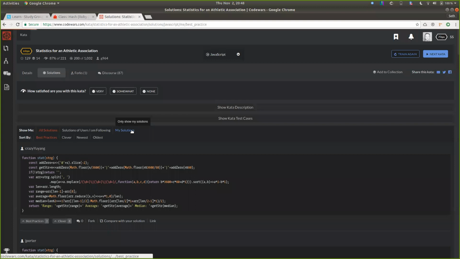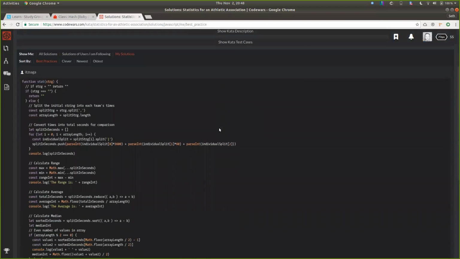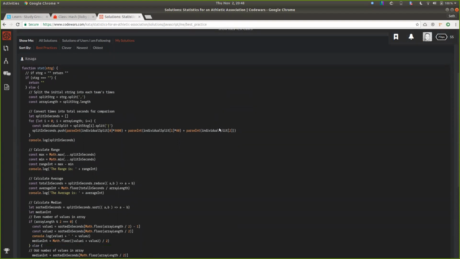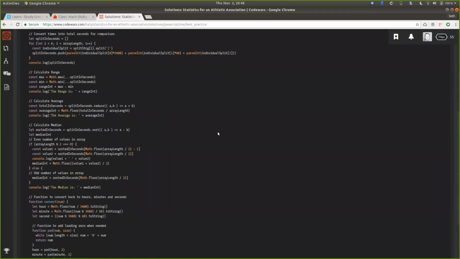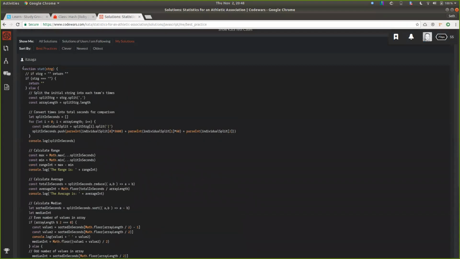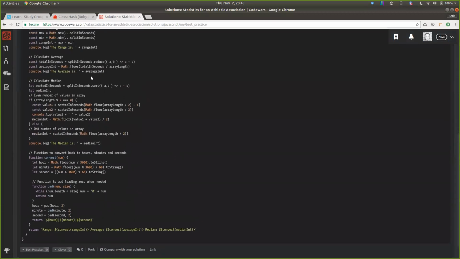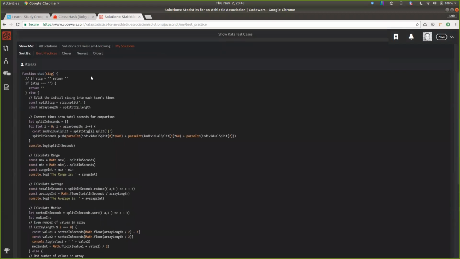So we look at code, and don't worry about the actual code. This is a lot of stuff. This is how I solved this thing. It was like, what? I don't know. I bet I could edit it and see how many lines it is, but this is like 50, 75, something like that? 60, maybe? I don't know. And then you look at all solutions,